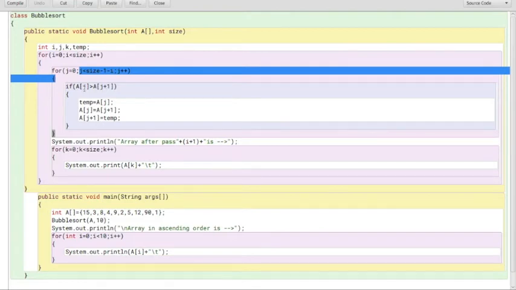Now third element with the fourth element. Alright, so I think you must have understood why j is being compared with j plus 1. And if a[j] is bigger than a[j+1], meaning if the first element is bigger than the second element,